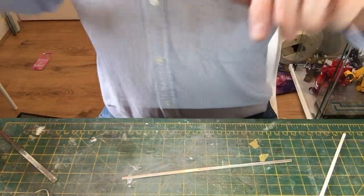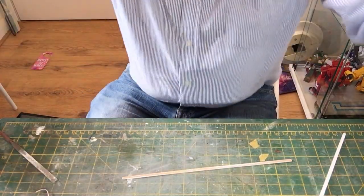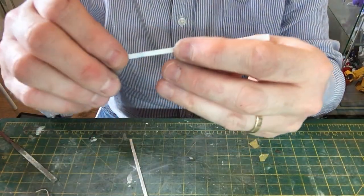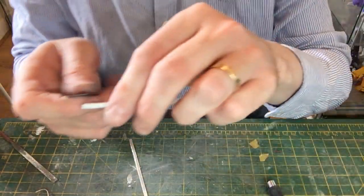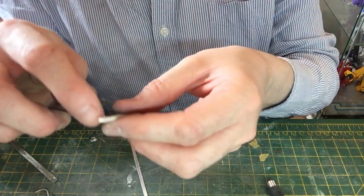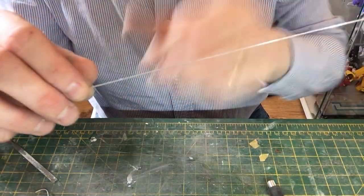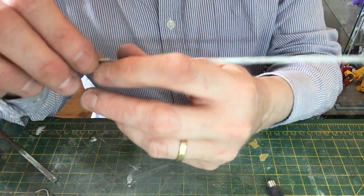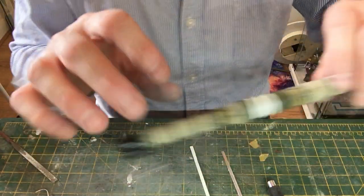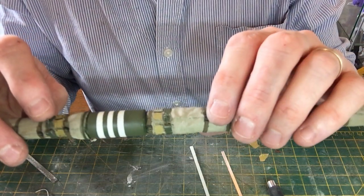So what you do first, oh, I need some glue. Please don't be stuck on, thank you. So you need some plastic card, which is, what is this? 2mm thick by the same width, 3mm as this. Because basically what you do is you stick it on the top there, like that, and that forms the end of the gun clamp where the